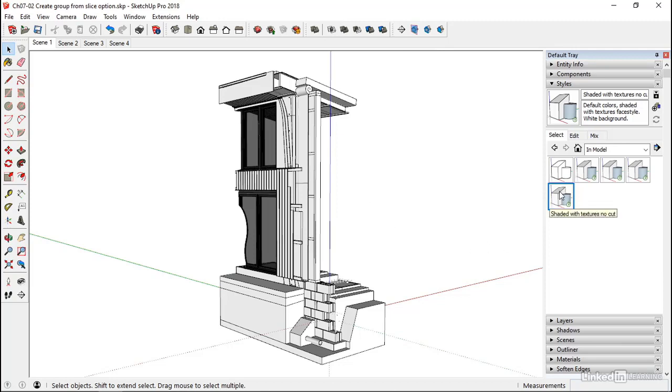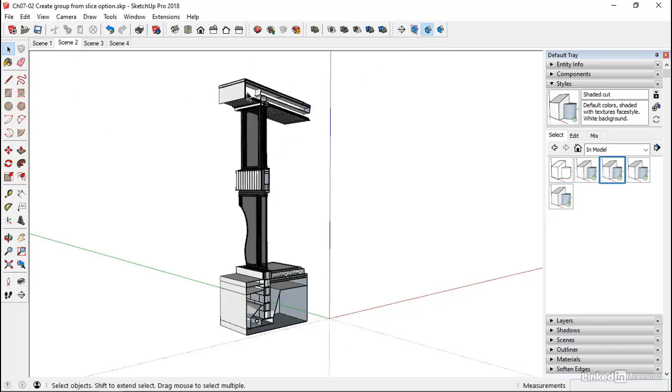Okay, I've got this style here, shaded with textures no cut. And that's because none of these things are toggled. If I went to scene 2, we can see the section cut. Okay, now I haven't decided to show this section fill, which is this one. But if you wanted to show the section fill,